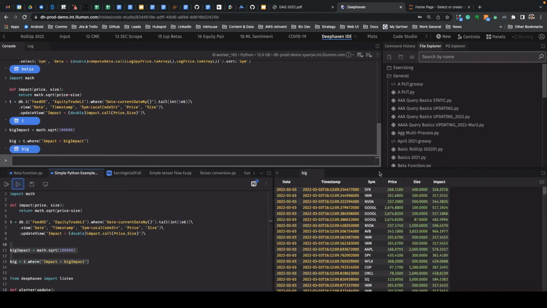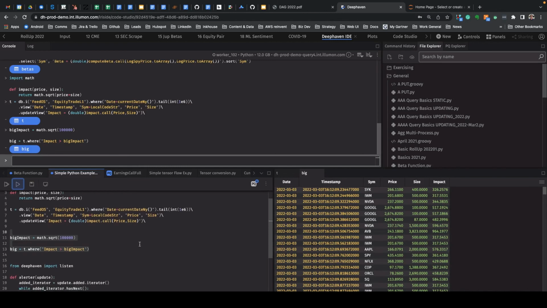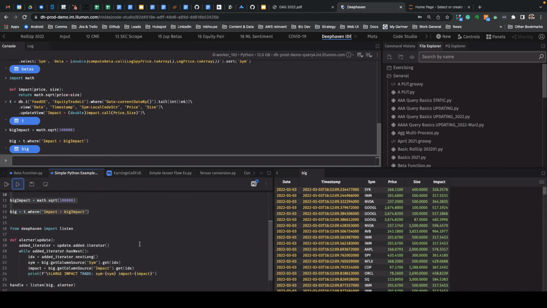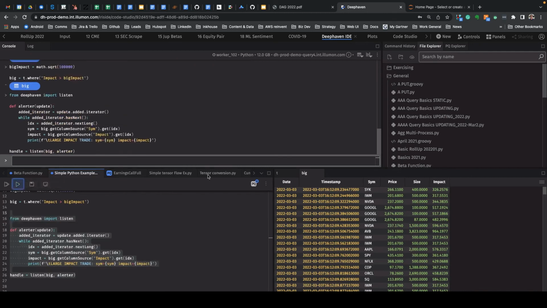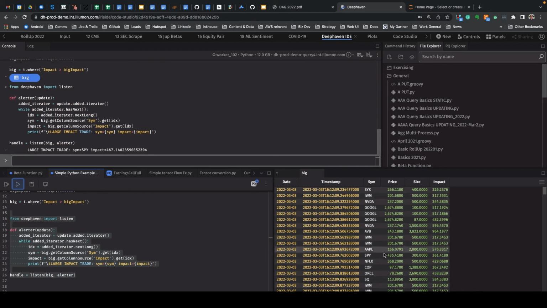Okay, so now we see a small table where these are the 22,719 trades right now that are bigger than that. And now we're going to set up in Python a real-time listener, right? So I've defined an alerter here. I've used Deephaven capabilities to set this up. And now I've created a listener so that as there are new records added to this table,